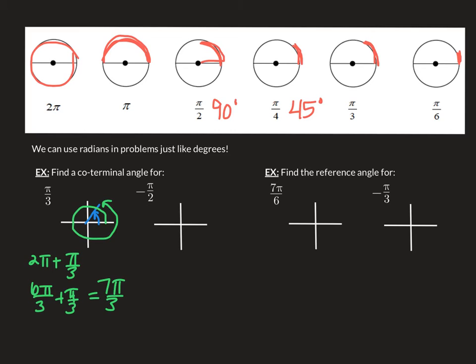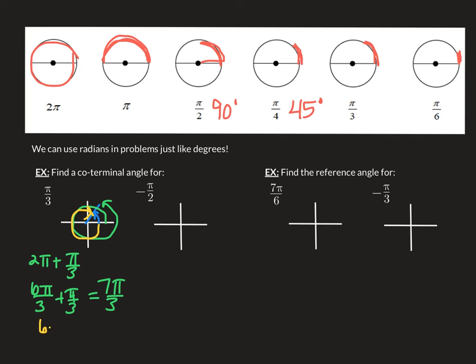Okay, what about a negative coterminal angle? Well, if I look at a negative coterminal angle with this, the negative coterminal angle needs to start in the same place but go in the negative direction. Okay, so that negative coterminal angle needs to make up the difference of a whole circle. Well, if a whole circle is 2 pi, and I'm not using pi over 3, so a whole circle is 6 pi over 3, and I'm not using pi over 3, in this case, I would subtract from 6 pi,